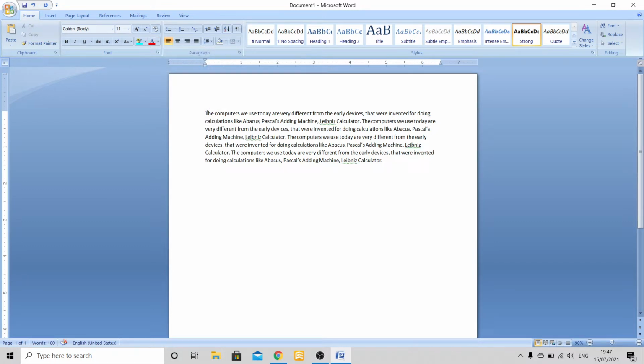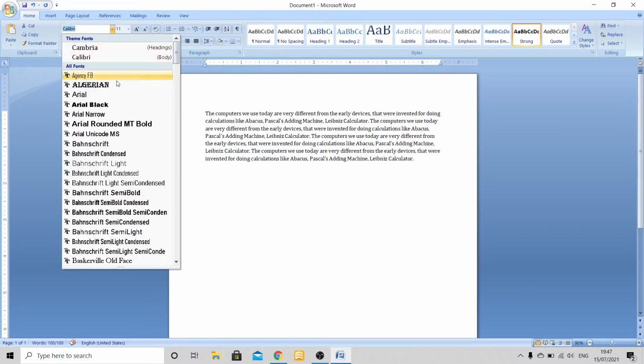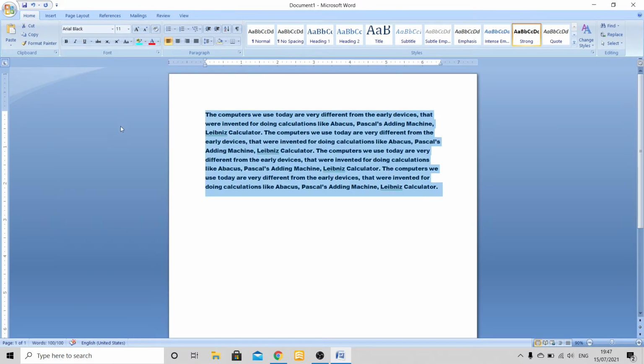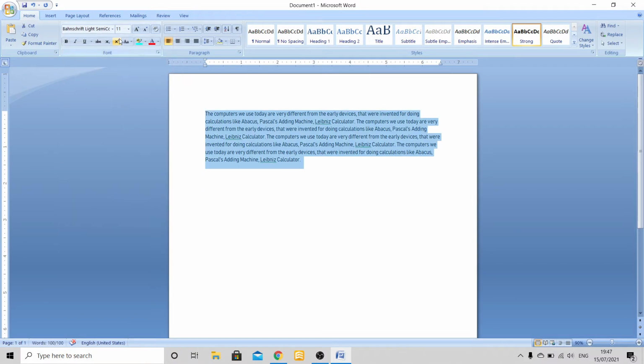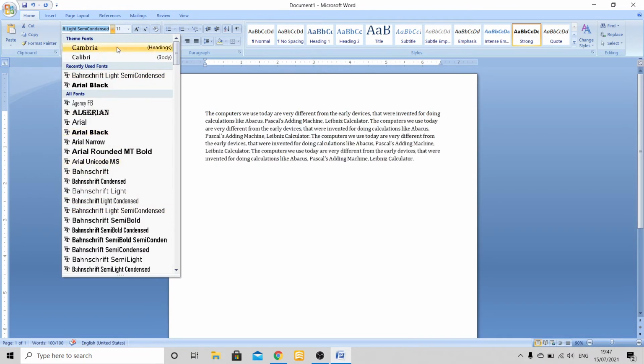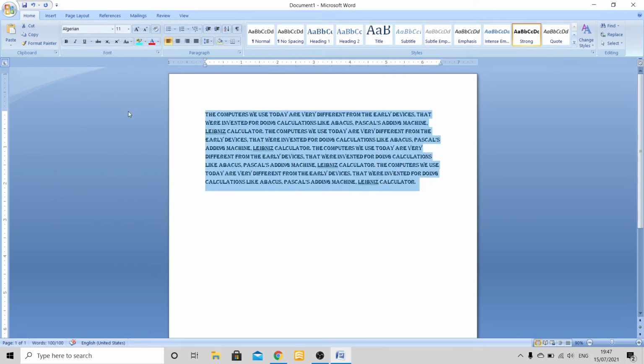If you want to apply different fonts or different sizes or font colors, simply select the text which you want to format. Suppose I want to format this text. I'll just select whatever fonts I want and I'll be able to get those fonts.